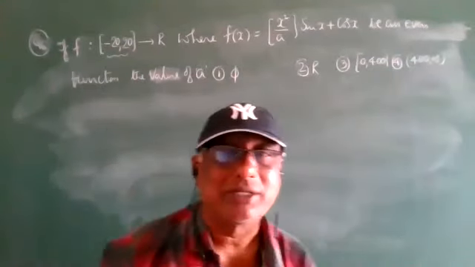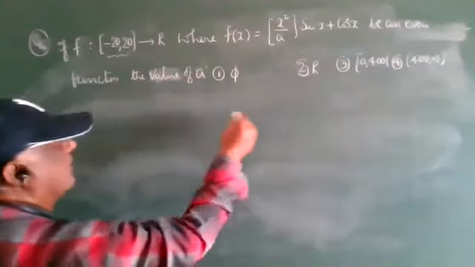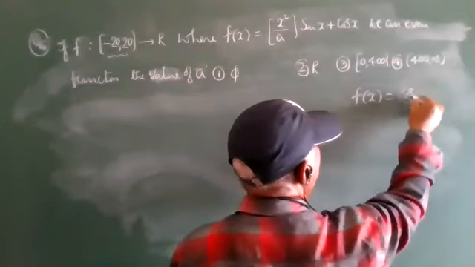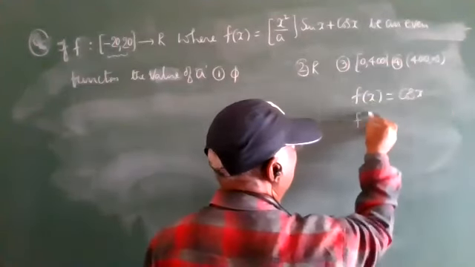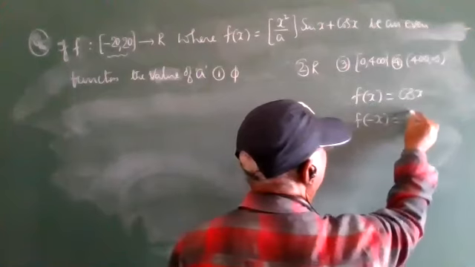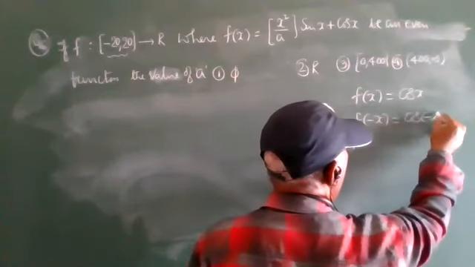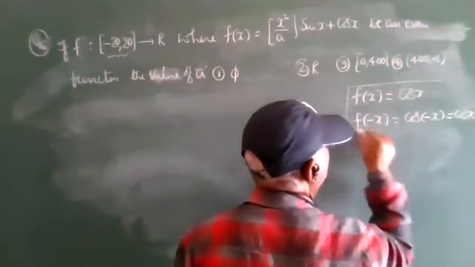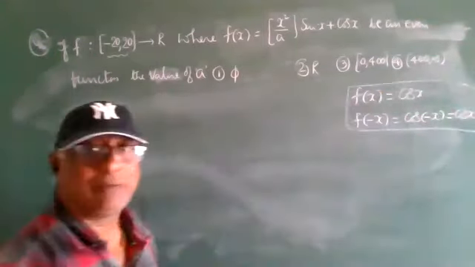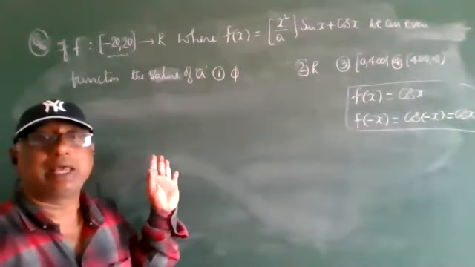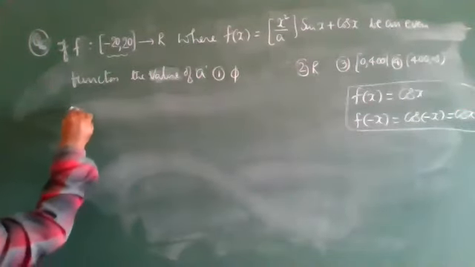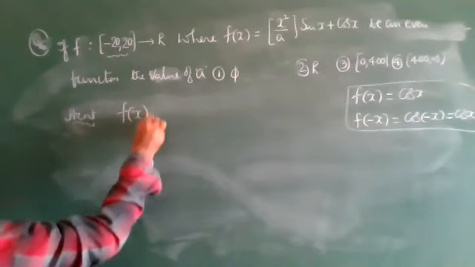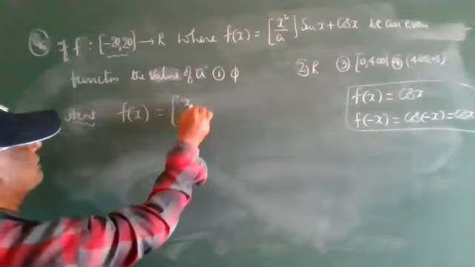Right, see, here an even function is being told. Everyone see, f of x is equal to cos x. My x replaced with minus x, cos of minus x. In the fourth quadrant cos is positive, therefore it is an even function. Cos x is the even function. The remaining I am making as 0. So the hint of the problem is f of x is equal to step of